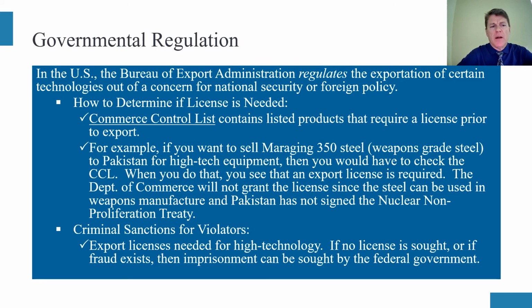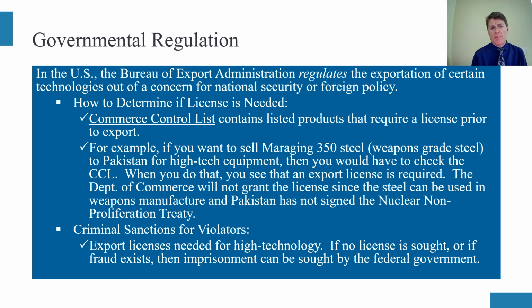An example of how we restrict the flow of goods into other countries because of military concerns: the national government has what's called a Bureau of Export Administration, and this agency oversees the exportation of any type of good that's made here in the United States. One example of what they have is what's called a Commerce Control List. This is a listing of types of industries, products, and countries where, if you want to ship the identified goods or materials to a different country, you have to secure a license.